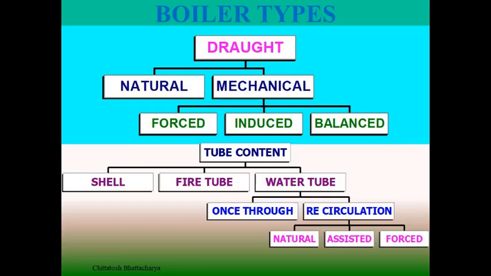Now for combustion, we require a supply of air along with fuel, and there is a constant requirement of evacuation of combustion products, particularly the gaseous product, flue gas. For that we have the arrangement of draft within the boiler, and this draft is generally supported by the installation of a chimney, which creates a natural draft.